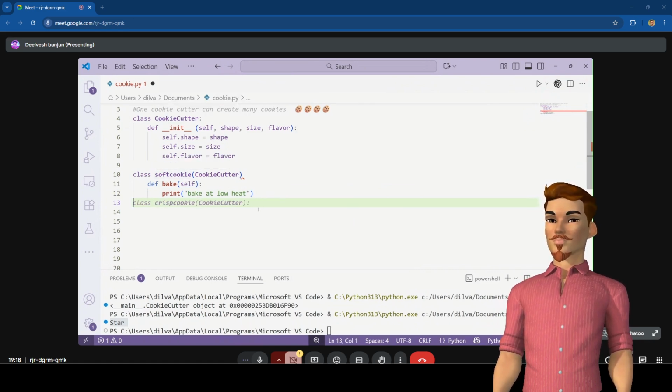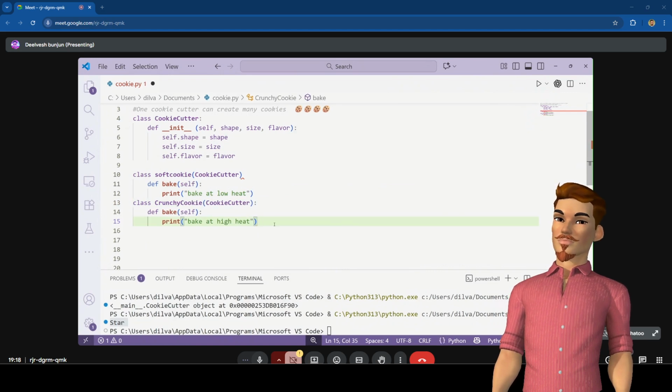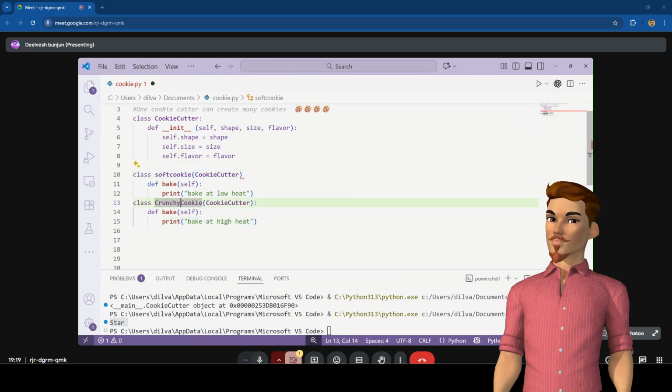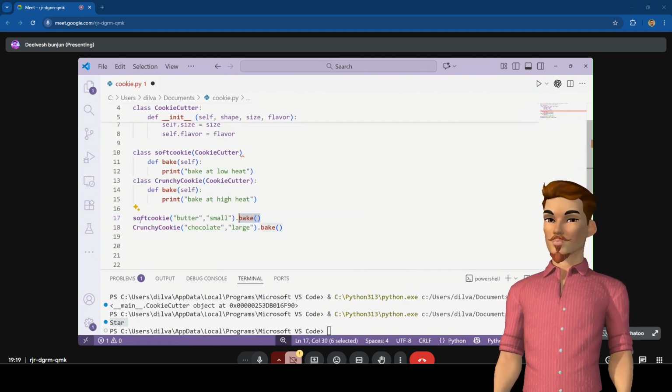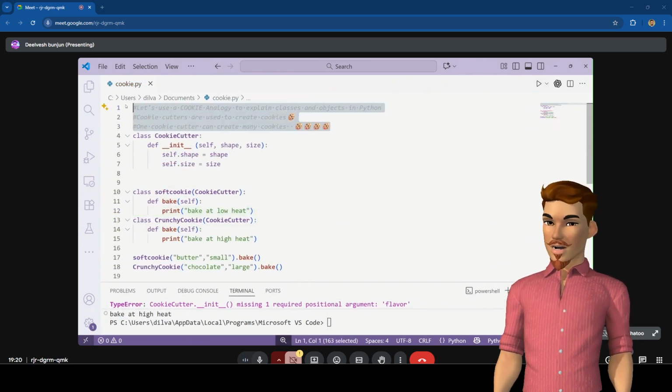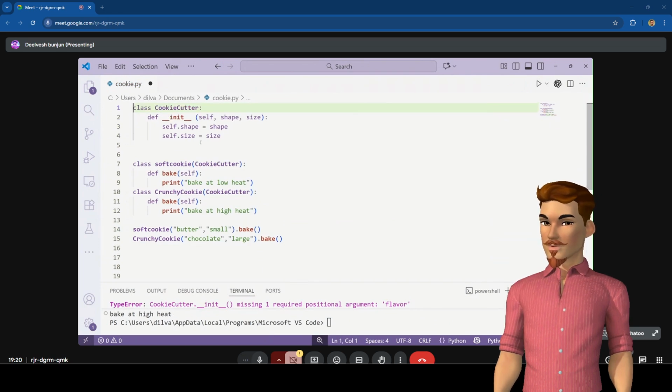Let's create another one. Let's call it class. And this one is a crunchy cookie. Okay, and this one you have to bake at high heat. So right now we have two objects, two classes that can create objects and different methods. So now if I call for soft cookie and I'm calling the method bake for crunchy cookie. So we've got here, I see that we've got two classes, soft cookie and crunchy cookie. And now if we want to see it in action, it's quite wow, because we have got two methods with